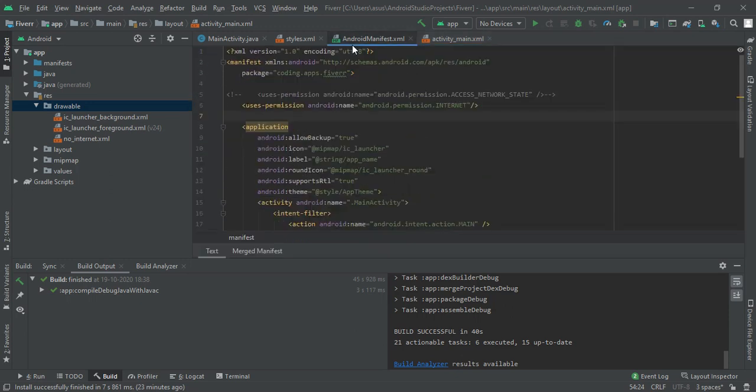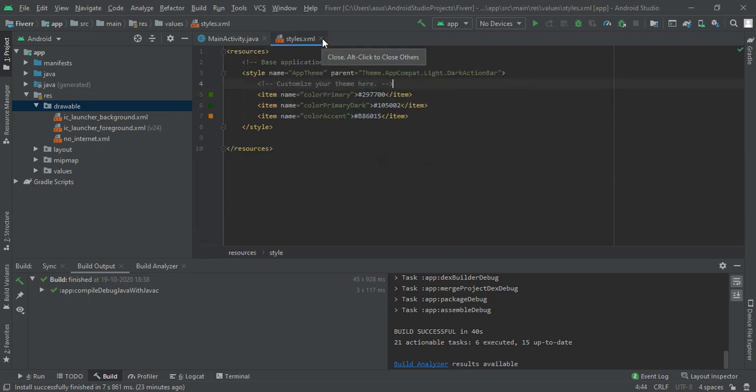After that we have to access the network state, so we had declared this permission. So use this permission, then this much will be auto generated and simply write access network state. So by this we can simply see the current status of the network in the Android device. So here our design part is completed and our manifest work is completed.